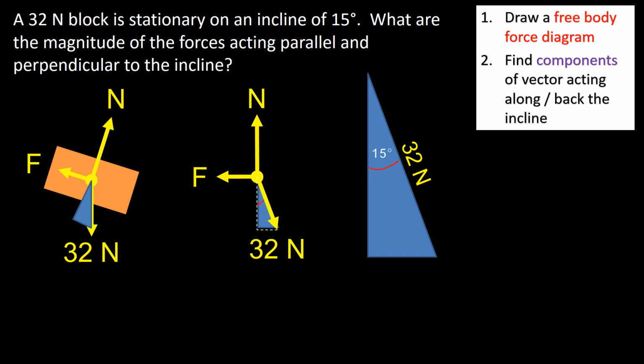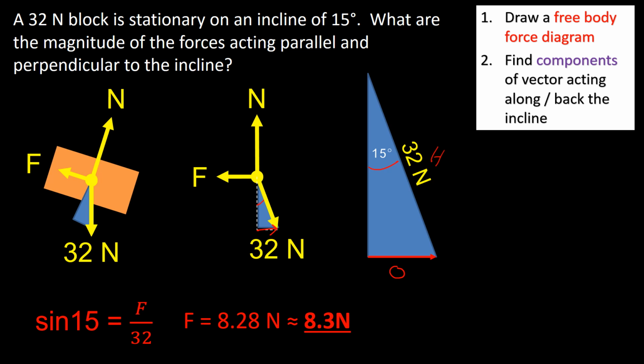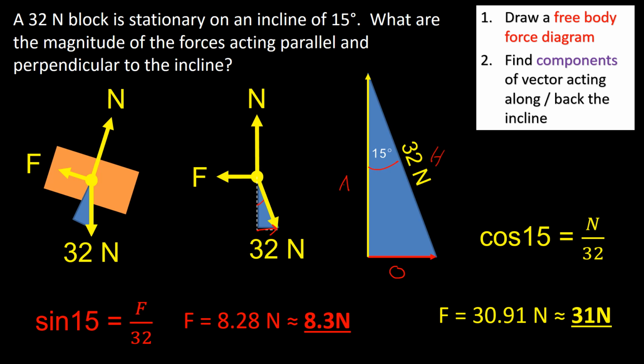After that, it's just a matter of finding the two components of weight. So this component here, which will be equal to friction, and this component here. Using trigonometry, SOHCAHTOA, we have the opposite here, and we have the hypotenuse here. So it's sine of 15. This gives us 8.3 newtons for that. Then this component here, which is the adjacent, will be cos 15, which will be N over 32, which gives us 31 newtons. And there we